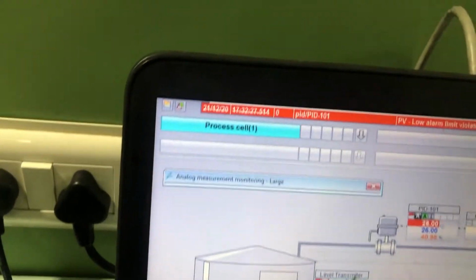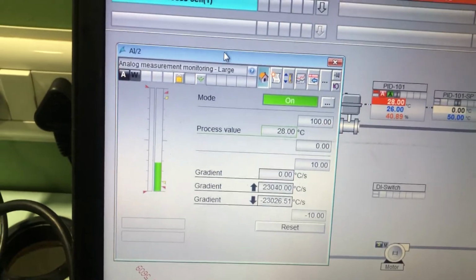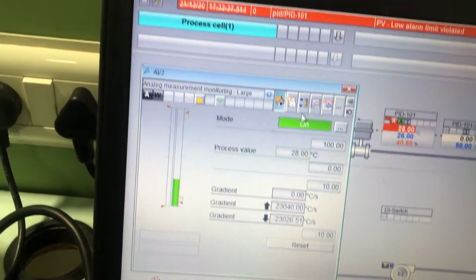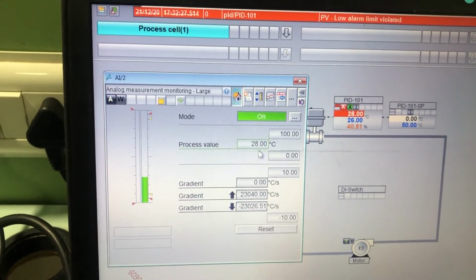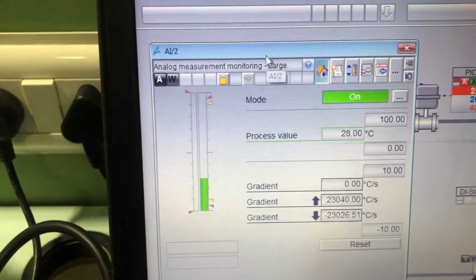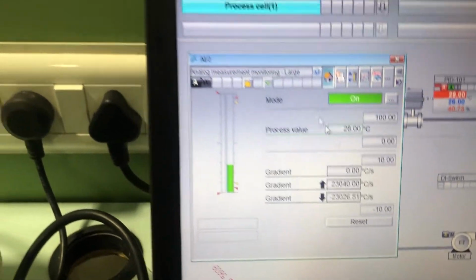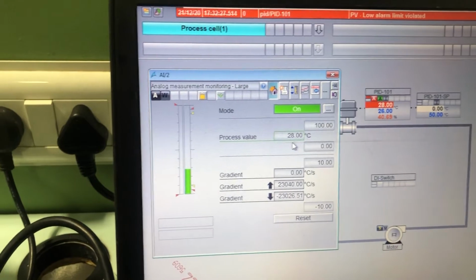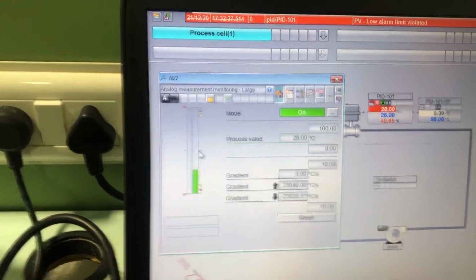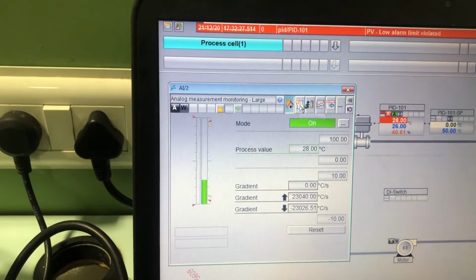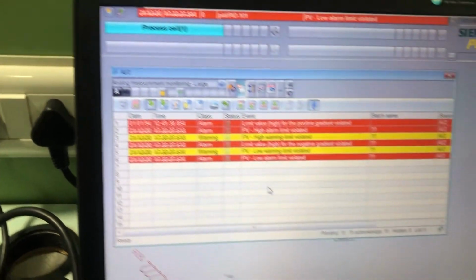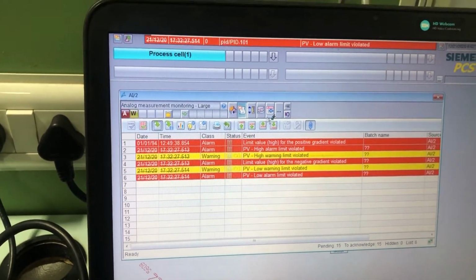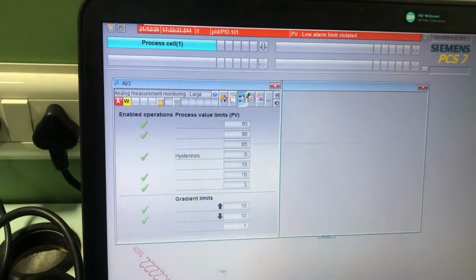Now this is a level transmitter. We can say this is the analog input. So here again the same way we can have the process value indications. Here we have a bar graph where the actual value can be indicated. Here we can get the alarms related to that process input.